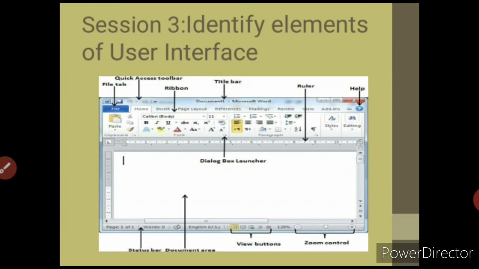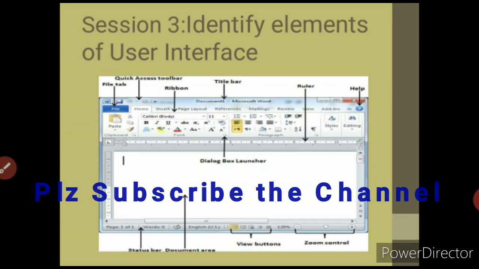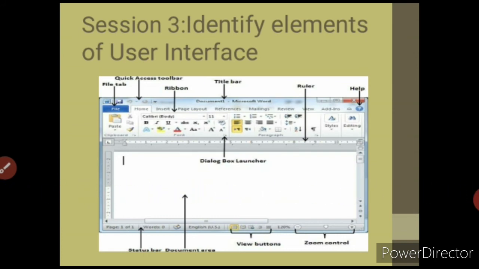Okay, the status bar means whatever status you have with your document will appear here only, like how many pages you are using and the word count. That will appear on your status bar, right? So these are the basic elements of how we use Word, what the basic uses of the title bar and the rulers are. They all apply in a single formation, and you can also say that these are the components of your Word, right?